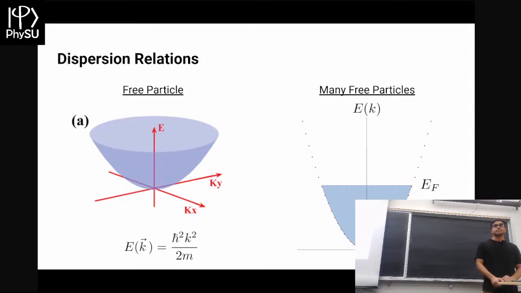It's a great question. Electrons obey the Fermi-Dirac distribution. It's related to the Pauli exclusion principle, where two electrons can't be in the same state at the same time. Compared to something like a photon, you can have a bunch of photons with the same energy, but for electrons, you just can't. And so if you fill these up one by one, you get to some energy. We'll just call this EF, which is the Fermi energy.